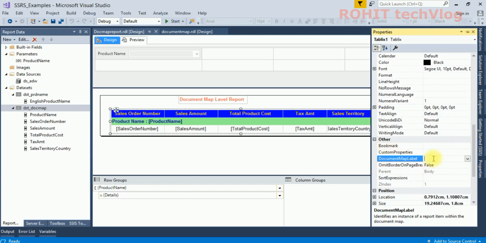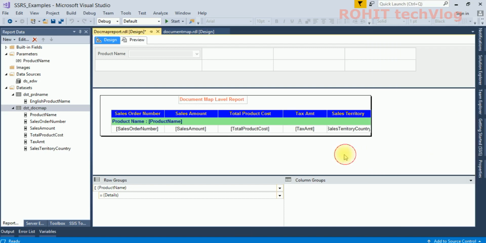Here you can see the document map label. We need to give the name here. You can give it as per the column name. Let's say product name details. Okay, there is a spelling mistake. Product name details. What it will do is display the name in the left side pane.